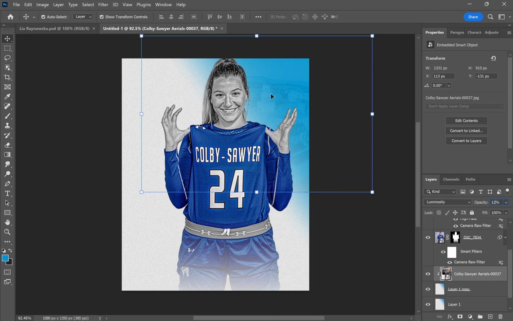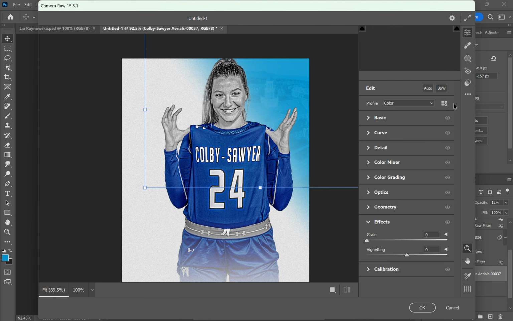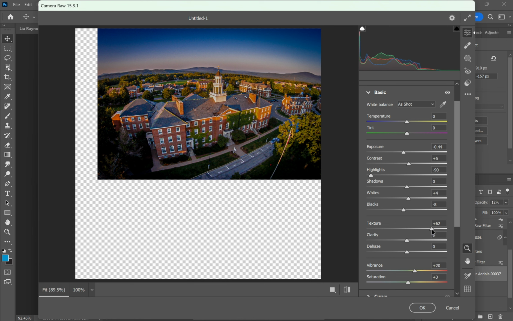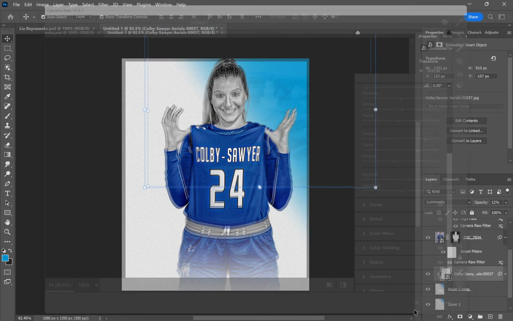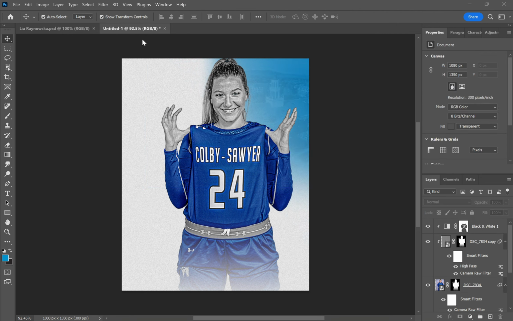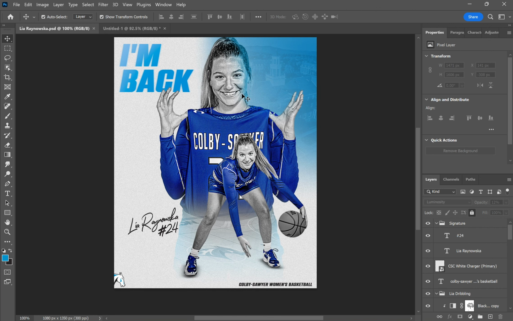If you can see, it's not popping as strong, so what we're going to do after we move it to where we want to is go back into Camera Raw filter, and this time we're not really going to be looking at necessarily making it the best quality, but we're going to be working for the most texture and clarity we can, so that way those edges become darker. So after that, our background pops a little bit more,